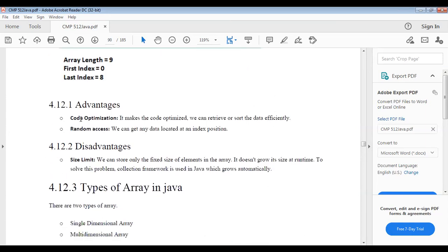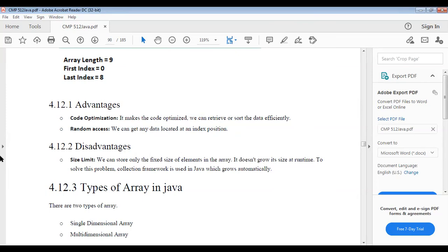Advantages of arrays: code optimization, meaning it makes the code optimized, and we can retrieve or sort the data in an efficient way. Random access: we can get any data located at an index position. There are also some disadvantages. The disadvantage is the size limit.